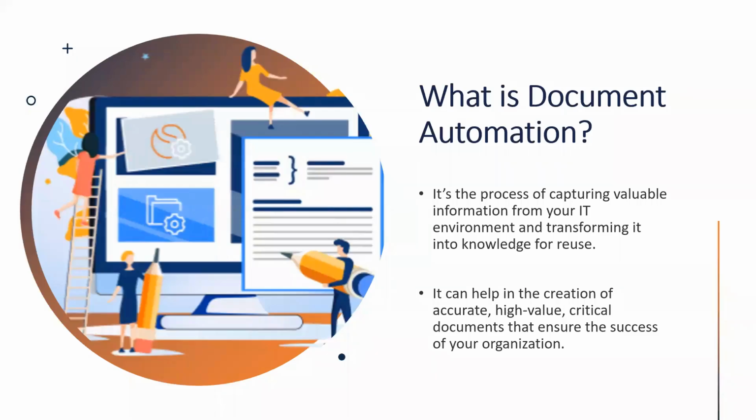So what is document automation? Document automation, by definition, is the design of systems and workflows that assist in the creation of electronic documents. These include logic-based systems that use segments of pre-existing text and/or data to assemble a new document. I personally look at document automation in two ways. One, how can I do my job faster and easier? And two, have the confidence that the documents are correct each and every time.